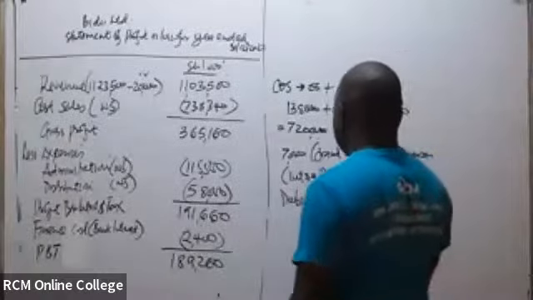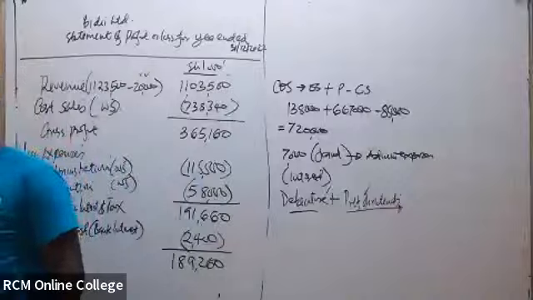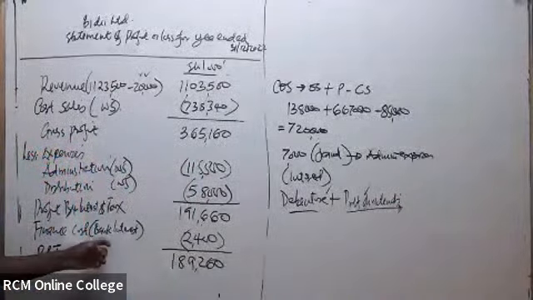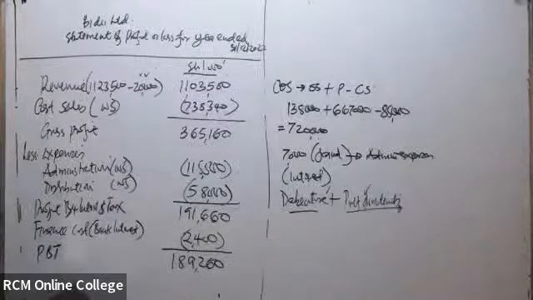But now here we don't have these ones. We just have the bank interest. So it becomes our finance cost. So the finance cost is normally comprised of any form of interest that the company might have ended up having to pay. So that will end up having to give us profit before tax of